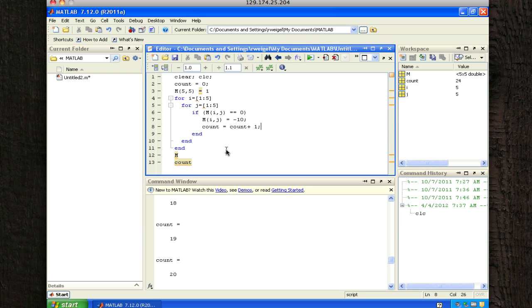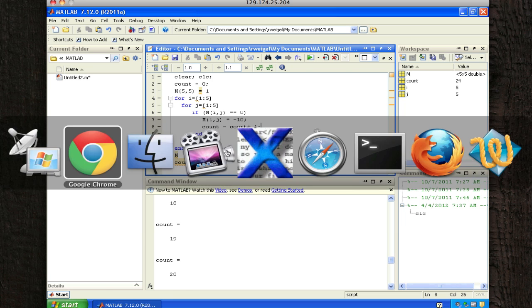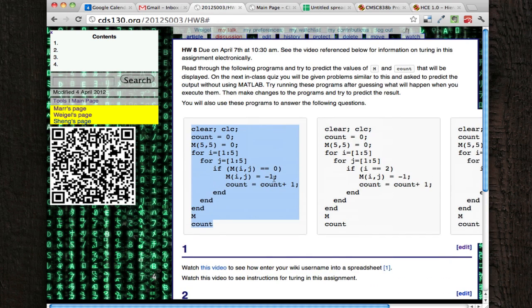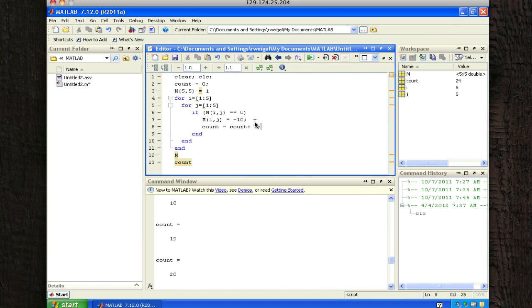Now, when you're done with the assignment, there are 3 questions on the assignment, questions 2, 3, and 4, which will be filled in by the time that I post this video. You'll have to answer. I'm going to put a matrix here, and then you're going to have to write a program that creates that matrix. And you can use the programs up here for hints as to how to do that. And then when you're done, what I want you to do is, assuming that this is your answer to your assignment,